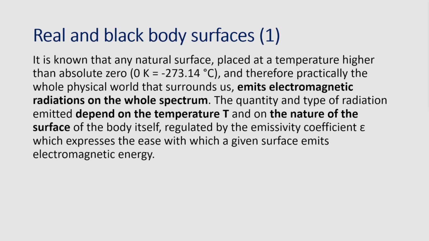Real and black body surfaces. 1. It is known that any natural surface, placed at a temperature higher than absolute zero, 0 K equals -273.15 degrees Celsius, and therefore practically the whole physical world that surrounds us, emits electromagnetic radiations on the whole spectrum. The quantity and type of radiation emitted depend on the temperature T and on the nature of the surface of the body itself, regulated by the emissivity coefficient epsilon, which expresses the ease with which a given surface emits